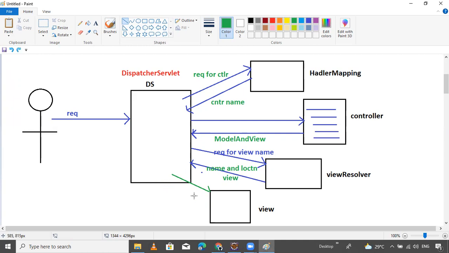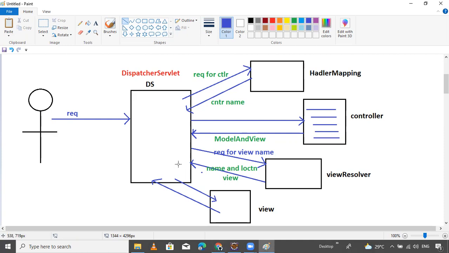Okay, color change. One minute, guys. Now give the request to the view part, go inside the view part, and it prepares the response and returns to the dispatcher servlet.